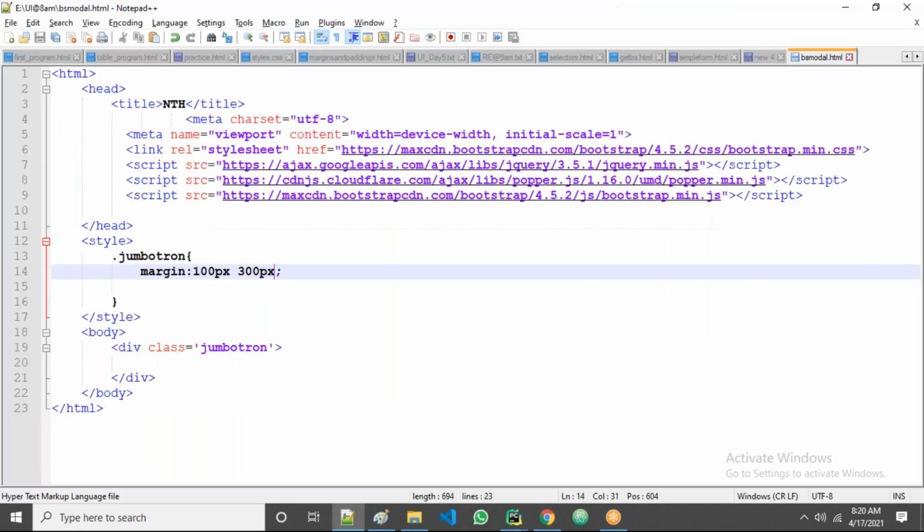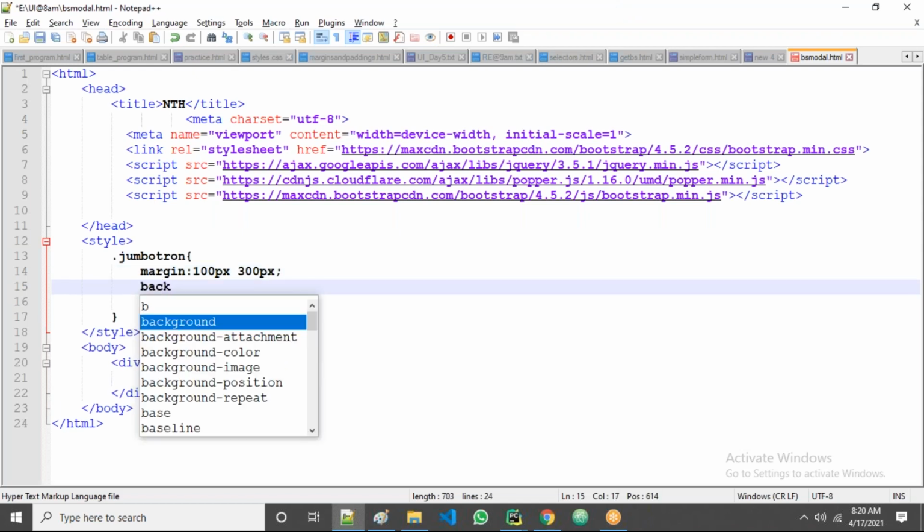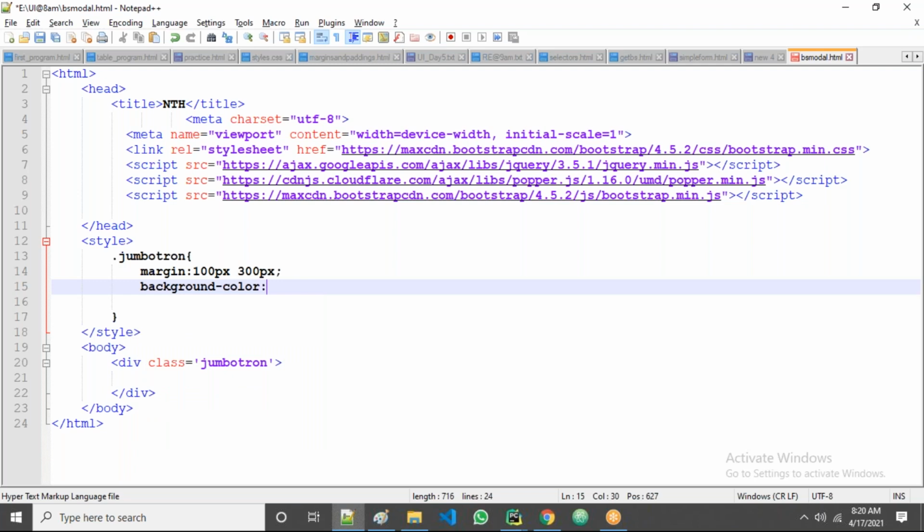That is the jumbotron. For the jumbotron, if you want to take any background color, what color to take? See here, the hint is not coming. The recommendations will come actually, and you have to choose the names here. One more thing: suppose now I'm worried about the colors.